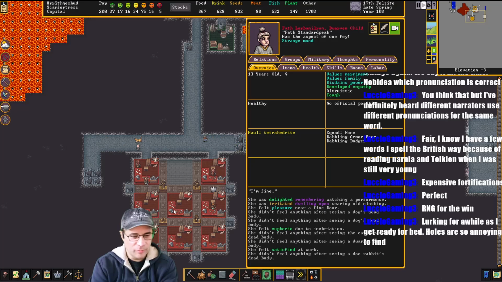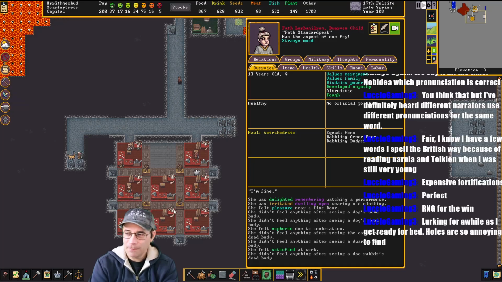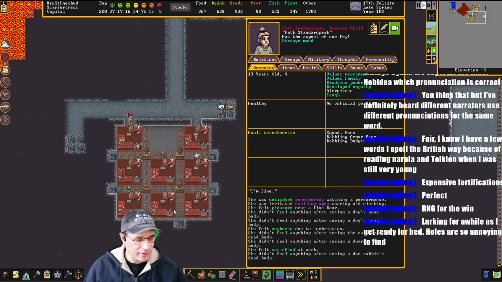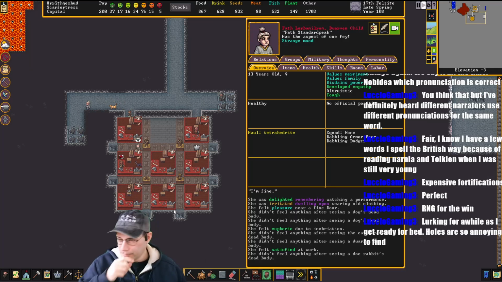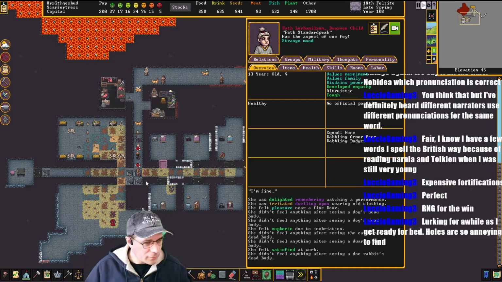Yeah, you can tell that she's been hauling corpses. She feels nothing after seeing dead bodies. Dwarves in this game, man. Dwarven childhood is like traumatizing. It's all hard labor, building things to code, and seeing a lot of